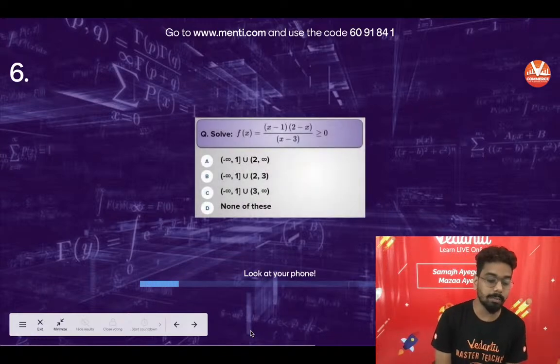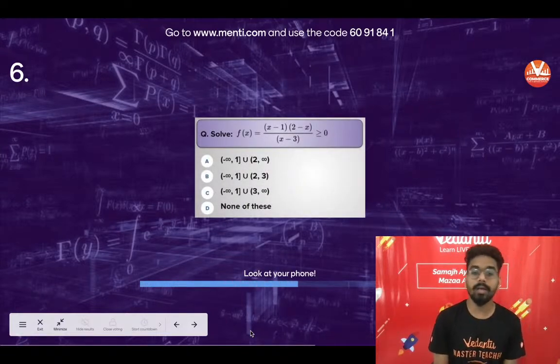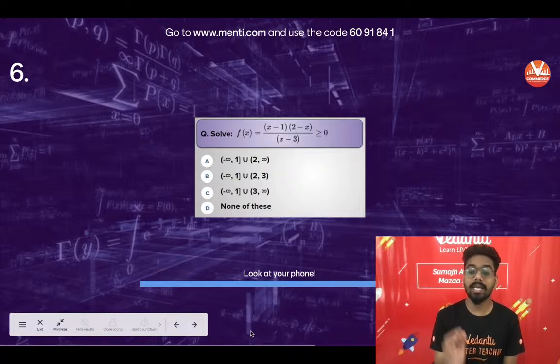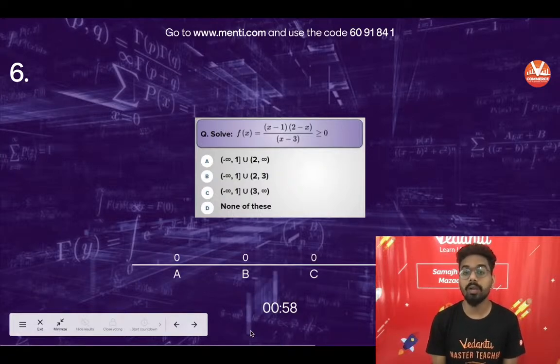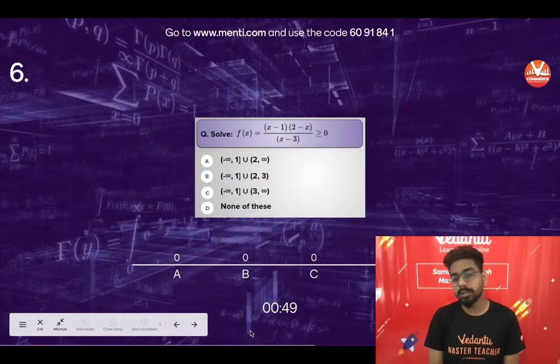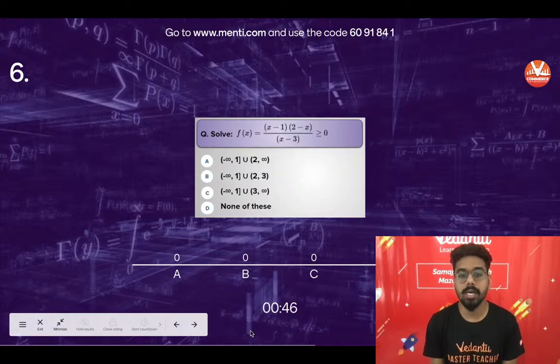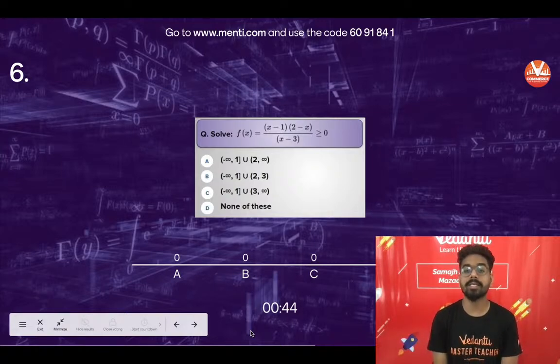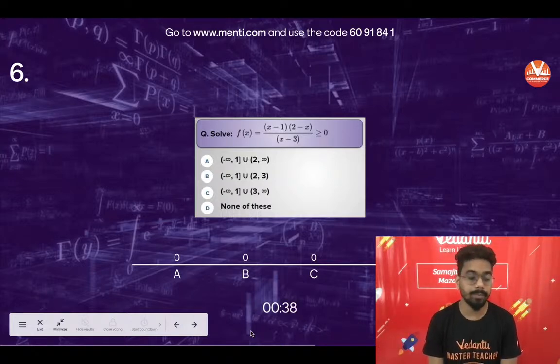देखते हैं कितने लोग सही कर पाएंगे। So those who are in this session, make sure that you will attempt all the questions, and you will make sure that you have a learning from these 10 questions. और आप ये 10 क्वेश्चन करने के बाद मेजर कॉन्सेप्ट्स आपके पूरे क्लियर होने चाहिए, and there is nothing outside of this. (x-1)(2-x) upon x-3 greater than equal to 0. बड़ा सिंपल सा क्वेश्चन है, पर छोटी सी गलती, छोटा सा पॉइंट है जिसमें आप इंक्लूड करना है।